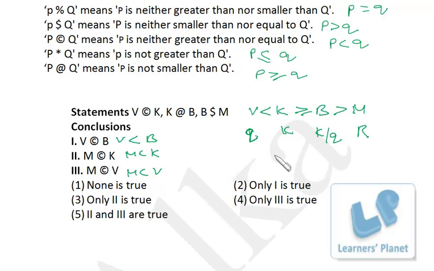As I told you in the previous session, between two queens, between two kings, between two rooks, and between two pawns, we cannot establish a relationship, right? So since B may be king, may be queen, and it has two status, and V is queen, we cannot establish a relationship between V and B. M and K, M is a rook and K is king, so we can definitely say M is less than K, right? M is rook, K is king, so M is less than K, we can say that.